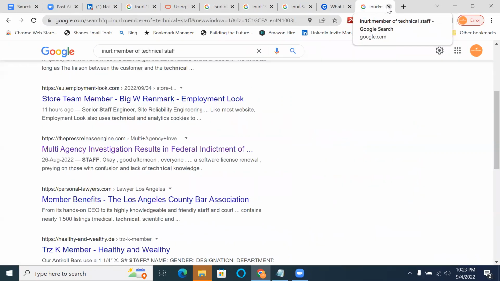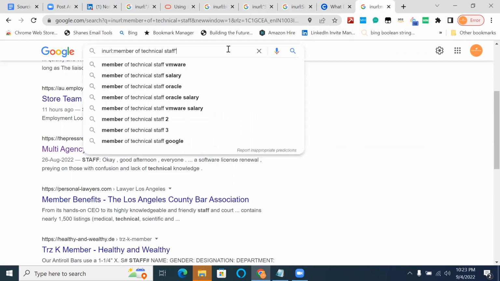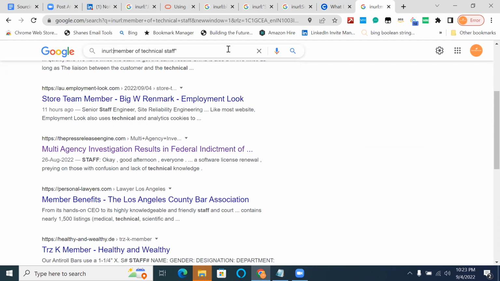After inurl, whichever word comes, that is compulsory in the URL. The rest of the words are treated just as additional keywords. Even if you give it in double quotes, we do not have pages, because there is no URL which has a space.